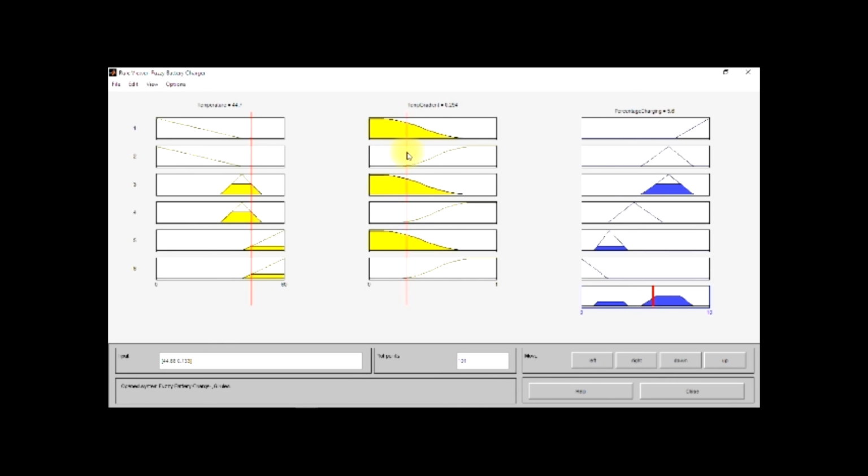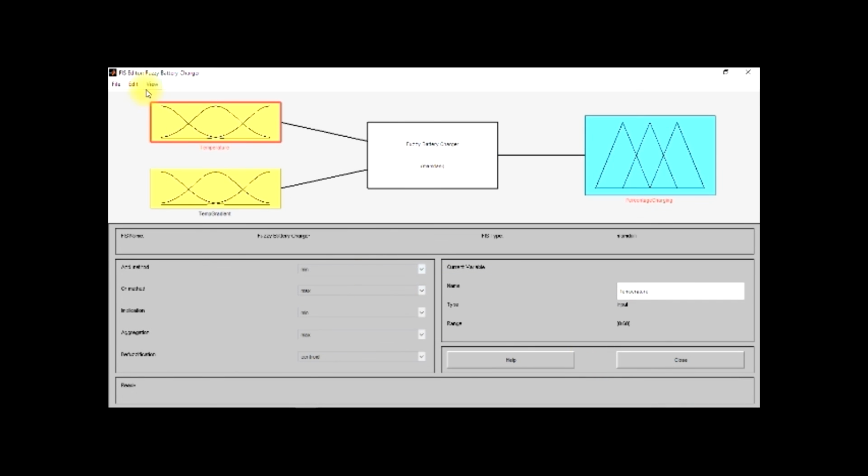Okay. So that was all about it. Since I've used the percentage from 0 to 10 only, that's why it is giving me 5.46. Rather, if I had used the range 0 to 100, then it would give a percentage of around 54%, and this is how the temperature increases, and this is how it works. Also, you can see the surface view of this.